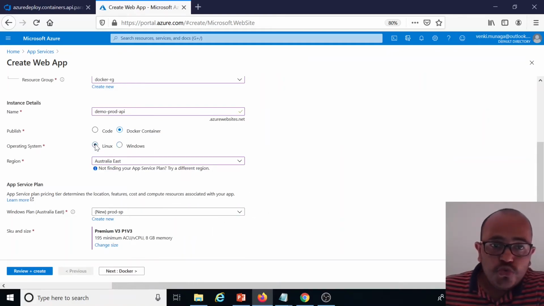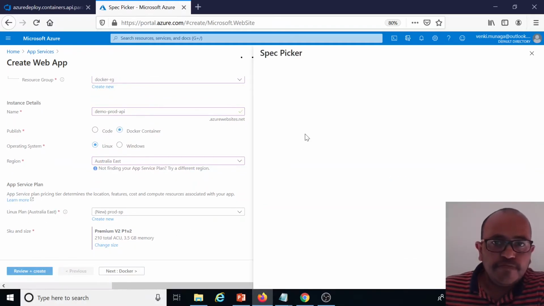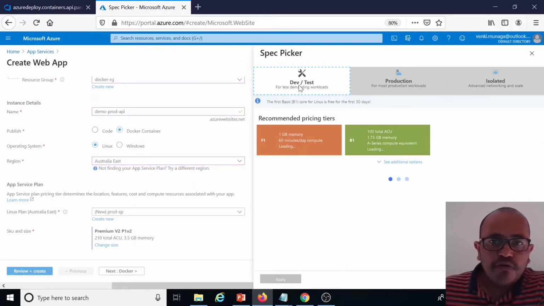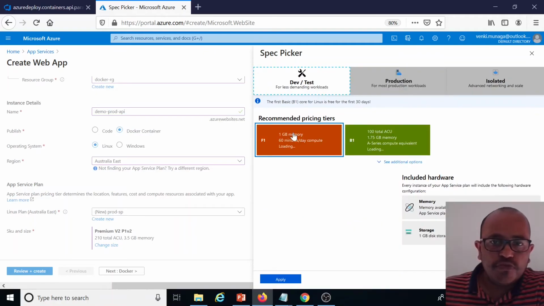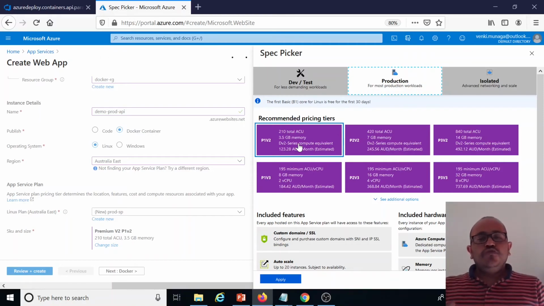But if you choose Linux here, if you see this one, I'm going back to here, you have the dev test also. You have until 19.1 as the least, and even if you go for production, you have different sizes for 1, 2, 3, and 3.5 GB like this one. So this is also very important.